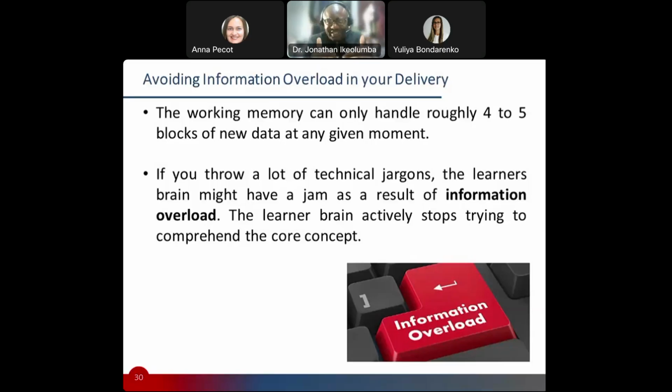And I repeat again that the human brain has two parts. There's the working memory and there's the long-term memory. And knowledge flows through from the working memory when it accepts it before it goes to the long-term memory. And so you have a duty to ensure that you are as simple as you can be in the delivery so that it's accepted by the working memory and then it gets stored in the long-term memory. And that's why you have to be careful about throwing technical jargon when you speak, so that you don't have this thing I call a log jam or information overload, right?